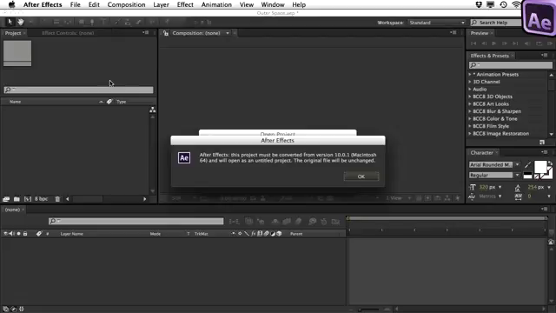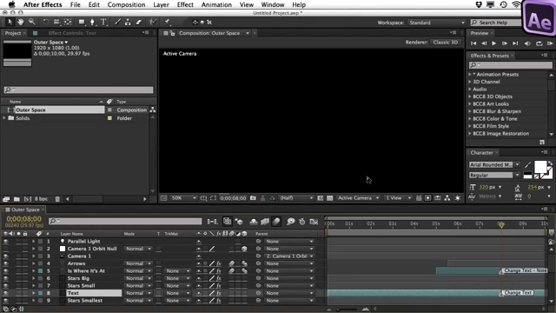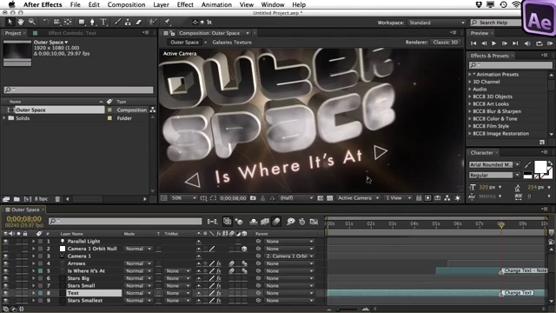You might get this warning saying that the project must be converted from version 10.0.1 to whatever version you are working in. The reason is that all those templates files are saved as version CS5 of Adobe After Effects to maximize compatibility to everyone. So in this case, just press OK and make sure to save it before you will start,